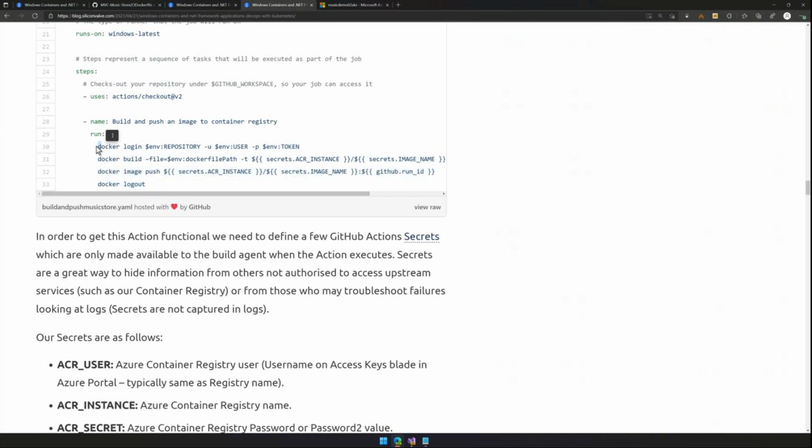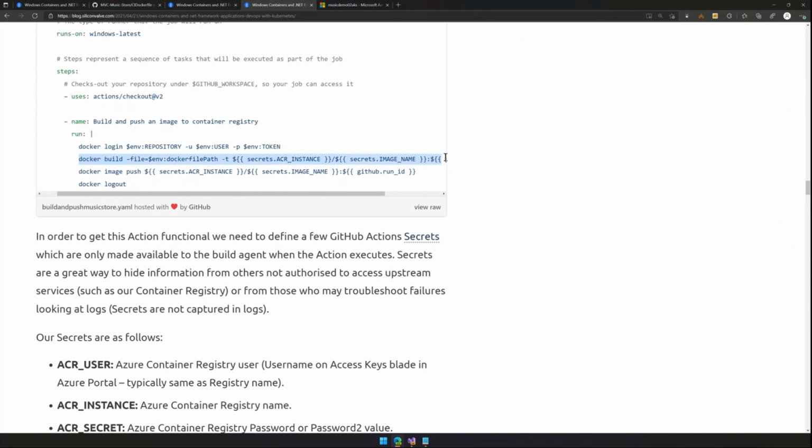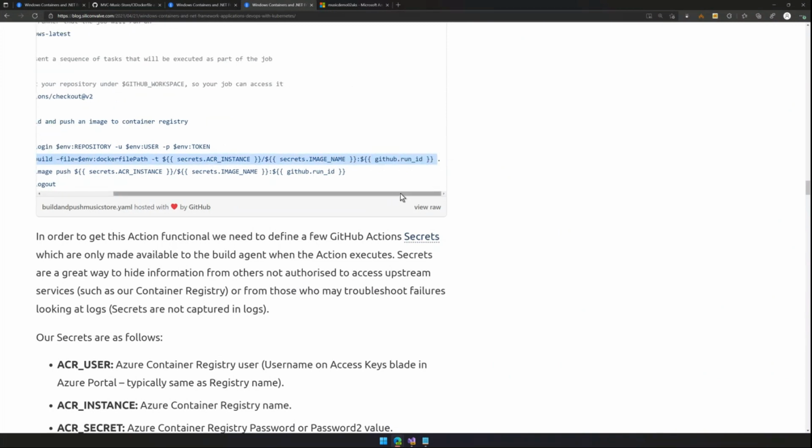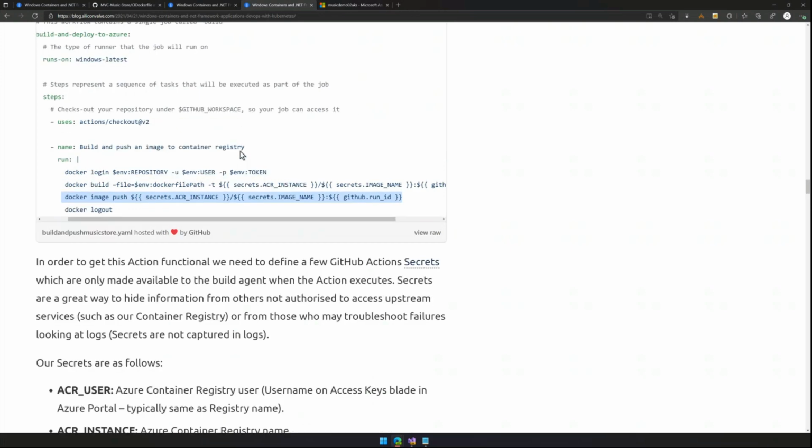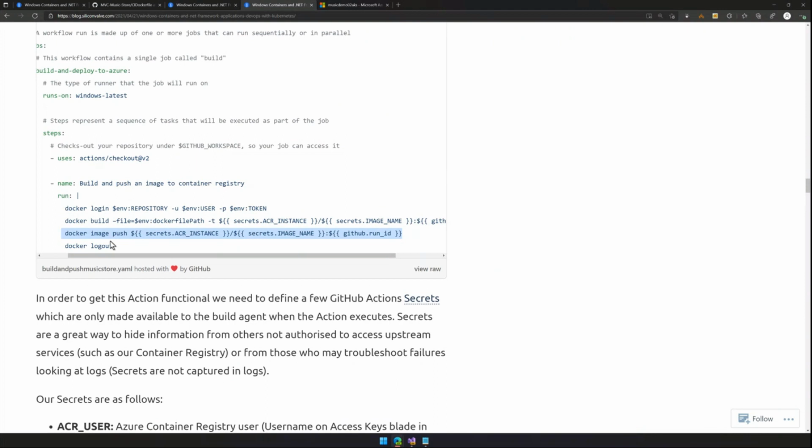So basically log into container registry, do a Docker build, which gives us our resulting image. We tag it with a run ID, and then we take that image and we push it up into our container registry. And it's fairly straightforward, he says. If you haven't done it before, it's maybe not that straightforward, but effectively we're doing 4 Docker commands locally to make that happen. Docker has built some additional actions that you can use, but they are a little bit more complicated than doing this approach. And Windows containers have some foibles when it comes to using some of those Docker actions out of the box.